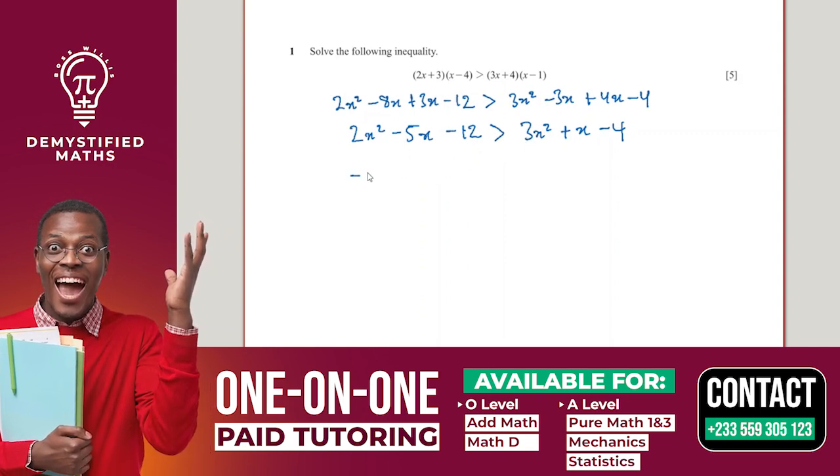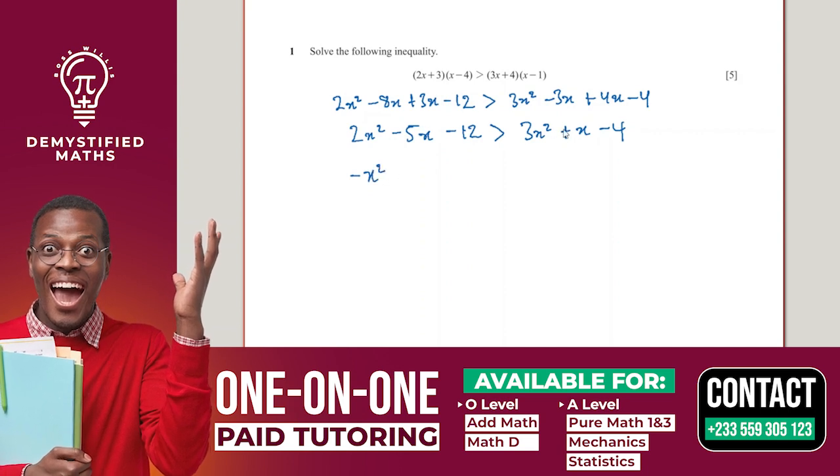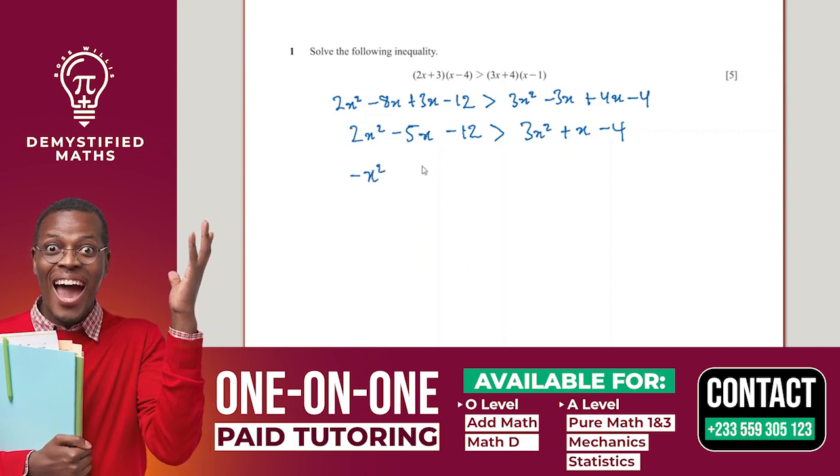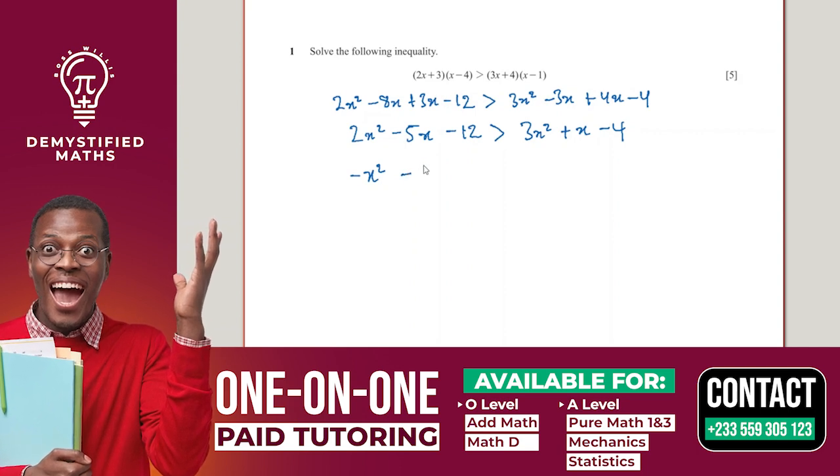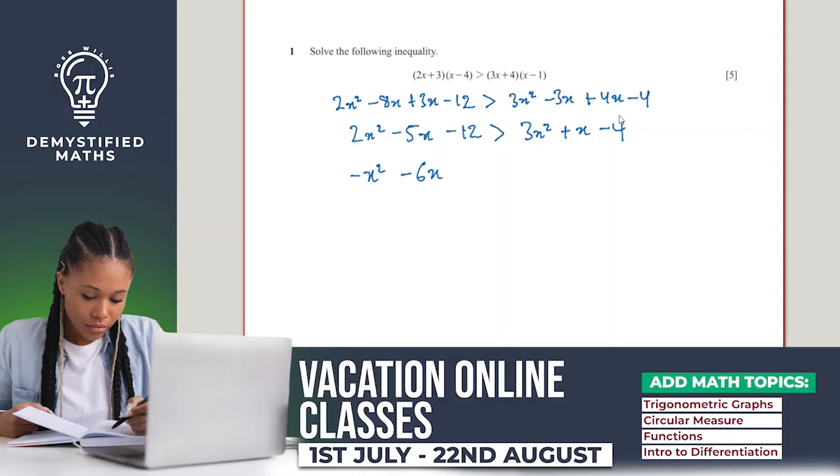So I'll get negative x squared. When the x comes here, it becomes minus. So I'll get minus 6x. When 4 comes here, it becomes plus negative 12. So that would be negative 8 is greater than 0. So if I multiply throughout by negative 1,